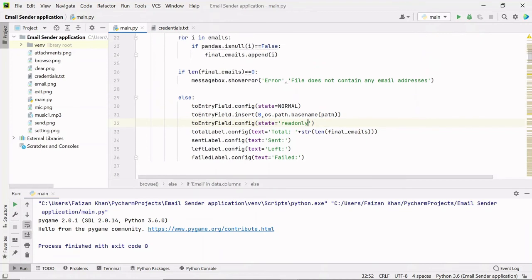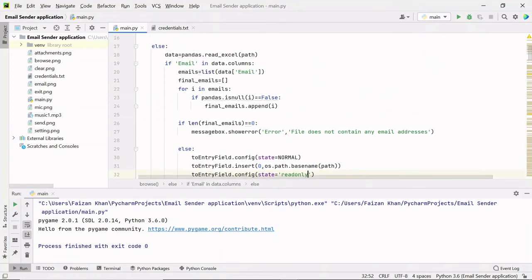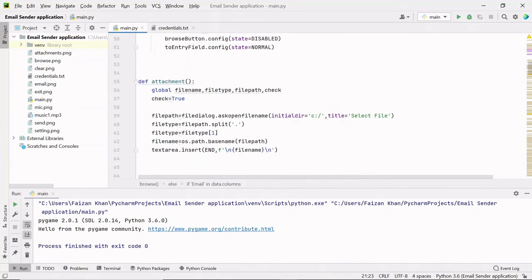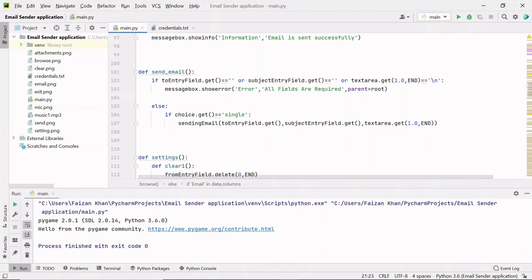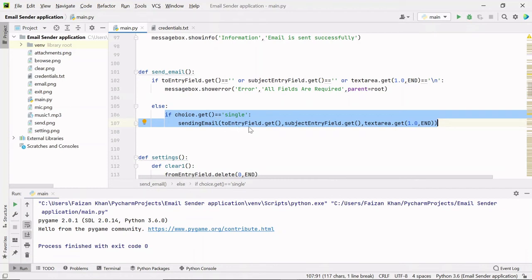And now let's send emails to all the email addresses which are present inside this final emails list. So I'll go to that send email function, and here what we were doing, we were checking that if single radio button is selected, then we were calling this sending email function, and to this function we were passing the email address which was written on the to entry field, and then the subject, and then the body, right?